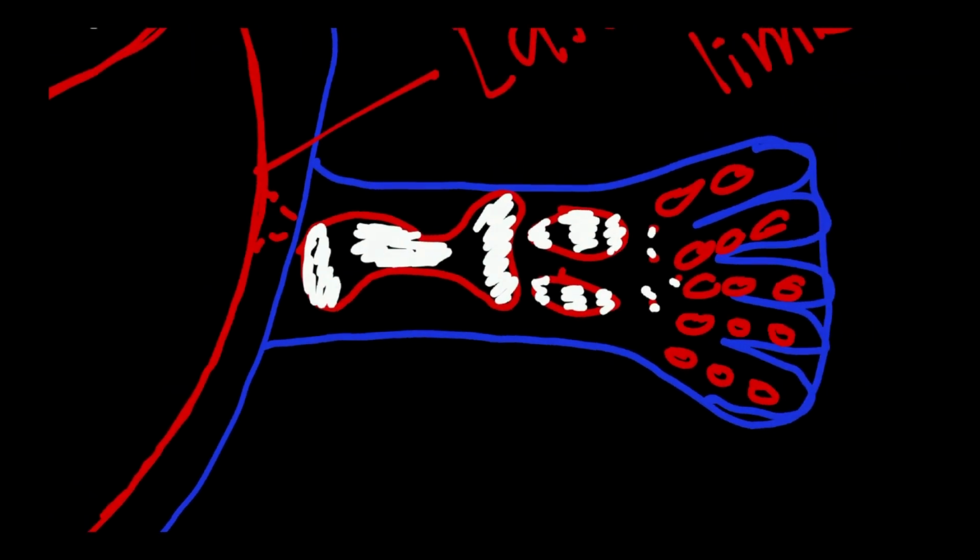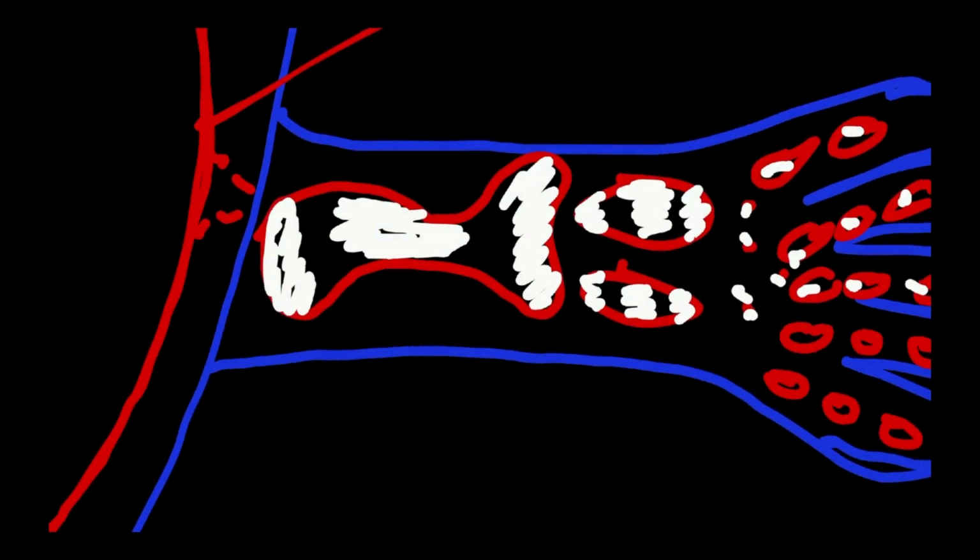Because baby is soon going to be up and walking. So the epiphyses will ossify, but a layer of cartilage is going to remain, and this layer of cartilage is known as the epiphyseal plate. I am tired of the color pink. We are going to do green. So here is our epiphyseal plate,